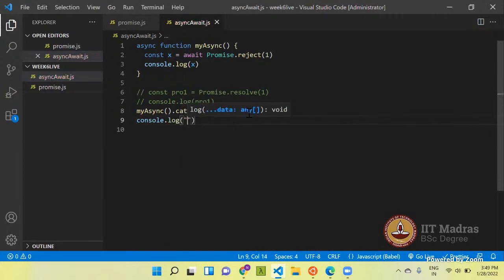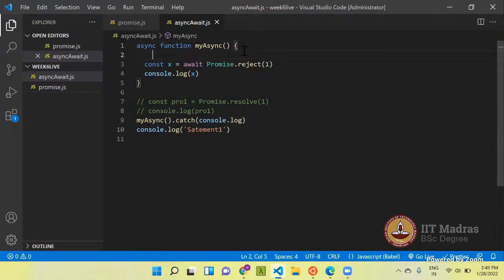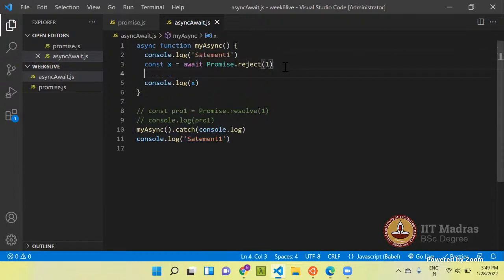Console.log statement 1, and here let's copy and paste, and let's use resolve here.